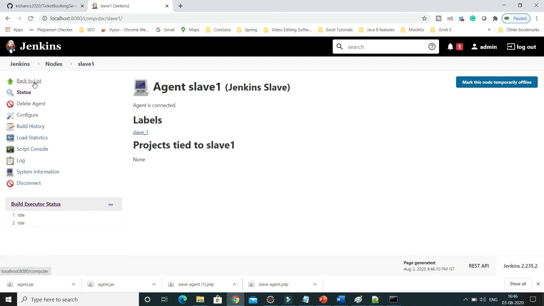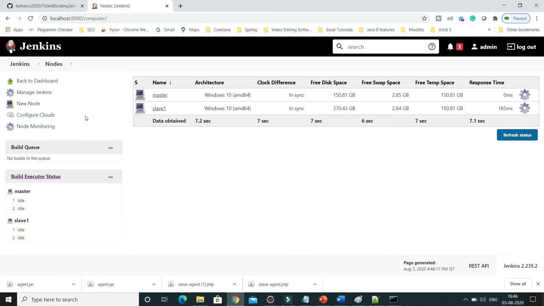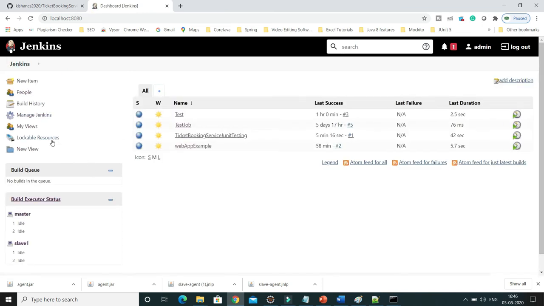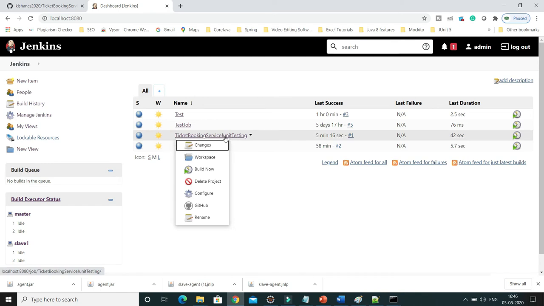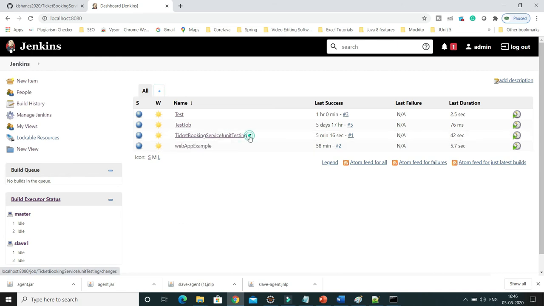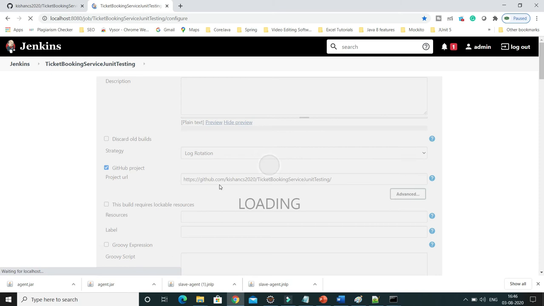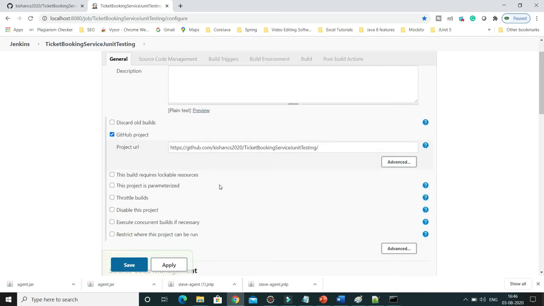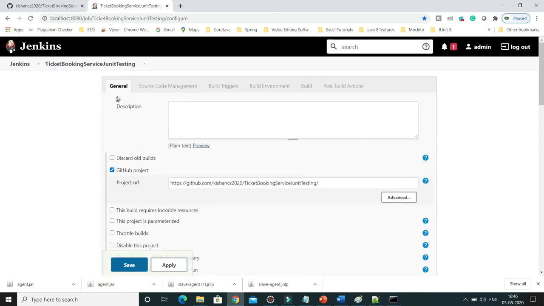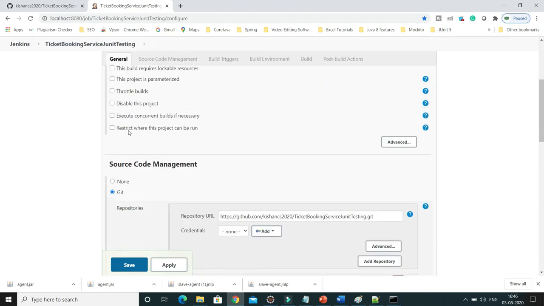Now I go back to the Jenkins dashboard, and here we had created this job earlier, and it was running on the master node, right? Now I'd like to run this job on the slave node, which we have just created. So click on this drop down and go to configure. In the configure section, if you scroll down, in the general section you can see the option restrict where this job can be run.